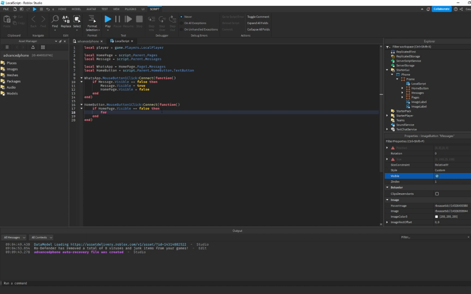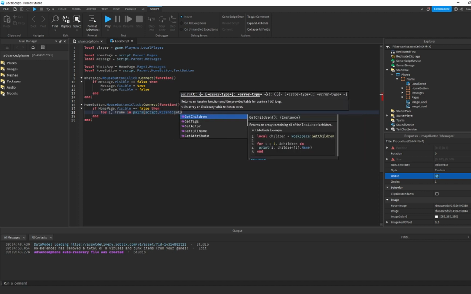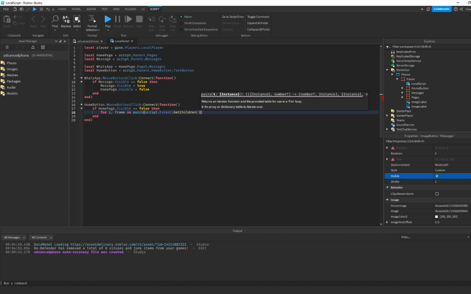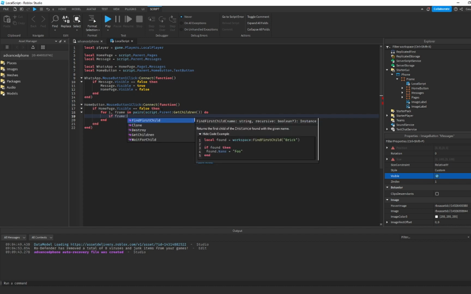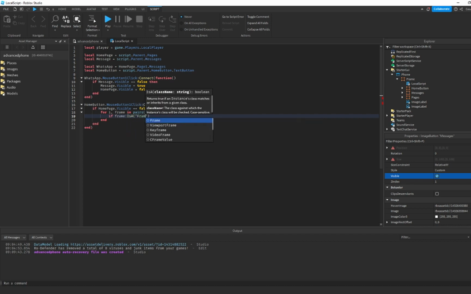So pairs, and then we're going to say get children, and we'll say do, and we'll say if frame is a frame